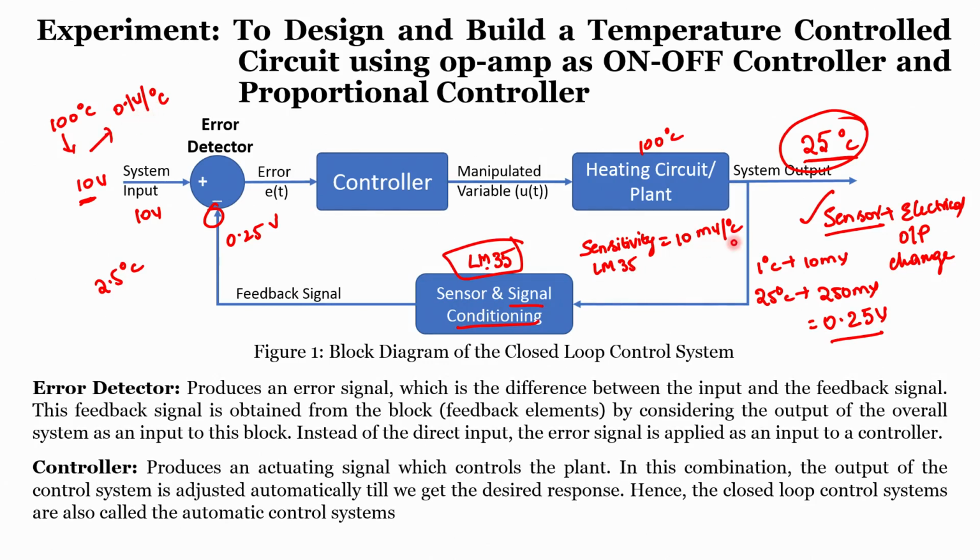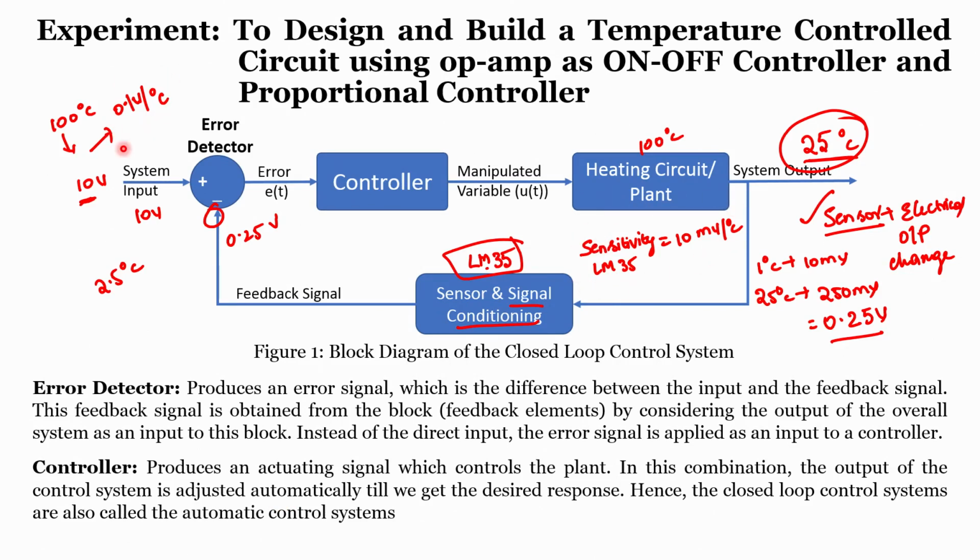Of course, we can also consider 10 millivolt per degree centigrade, but it is very hard to provide such small input voltages to the system accurately, right, because of signal to noise ratio, because of the electronic section. But it is easy to provide 1 volt, 2 volt, with almost negligible change in the output. So, that is the reason, rather than changing this particular factor to 10 millivolt per degree centigrade, we will convert this factor to this particular value.